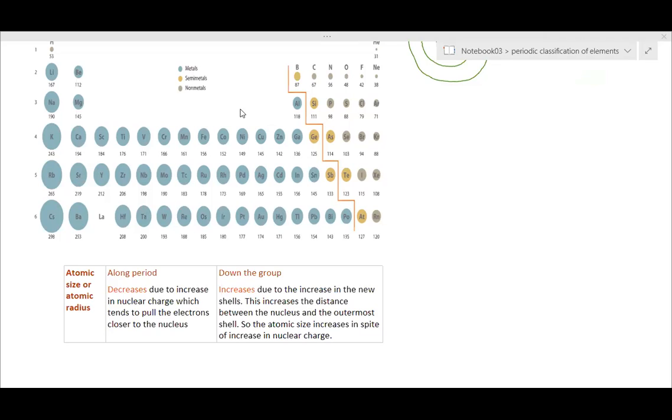Ma'am, I have a few doubts in this chapter, on Mendeleev's periodic table. He left gaps in the periodic table, right? How did he know that he had to leave gaps, and how did he know that in the future they would find more elements? That was his achievement, how he did that. Is it depending on the difference in masses? We don't know how. He has not changed the atomic numbers or anything. No, that will not come.